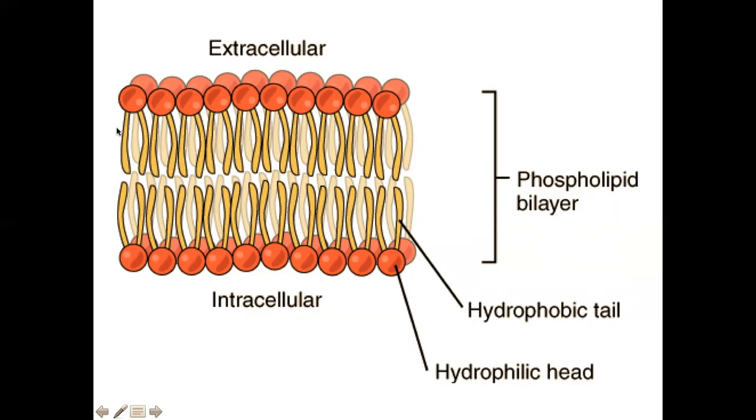So what they do, they make a double layer. So imagine this, a layer just extends all the way around until you get a complete bubble. And the inside of the bubble is the inside of the cell, and the outside of the bubble is the outside. And these phosphate heads, they're touching the outside of the cell and the inside of the cell. And the fatty acid side chains, the hydrophobic tails, they like to be in the middle of what we call that phospholipid bilayer, 2 layers.